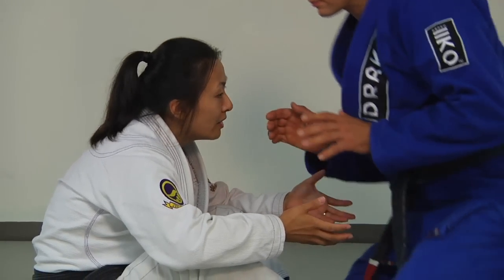Another reason why the open seated guard works really well is because it gives me a lot of control with space management, right? I don't want to allow you to get too close to me or too far away from me. I want to be in control of that. So when I'm here, I'm at a comfortable range with Stephan. But if Stephan looks to stand up to pass,